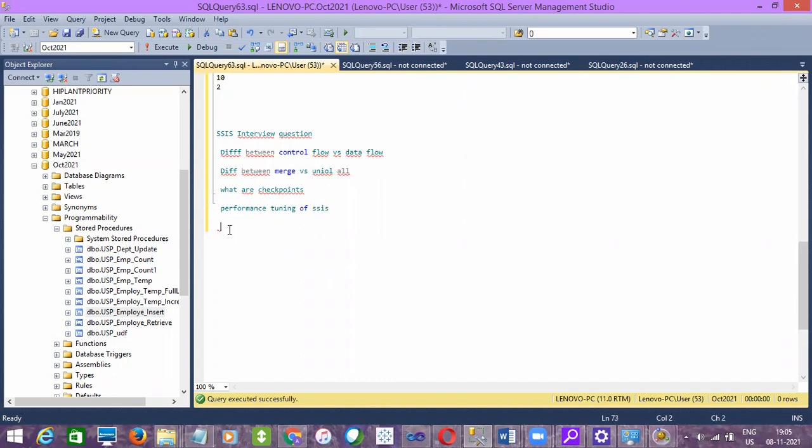How do you loop multiple files in SSIS? This is one more thing, by using the for each loop and the file system task, you can easily answer. And deployment, types of deployment. And then package configurations. How do you schedule an SSIS package?